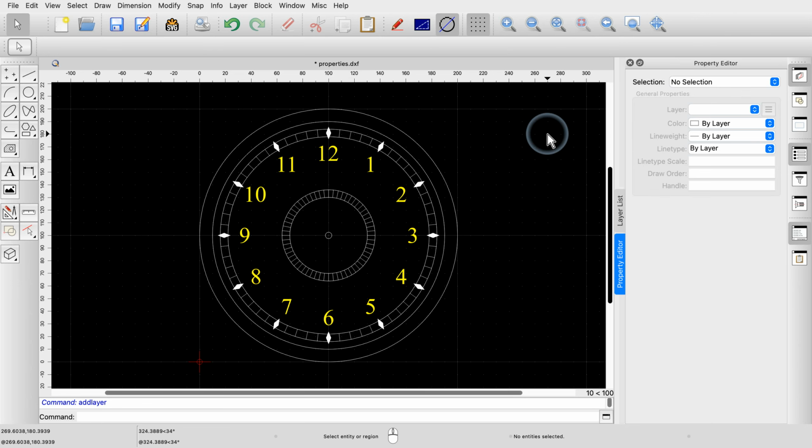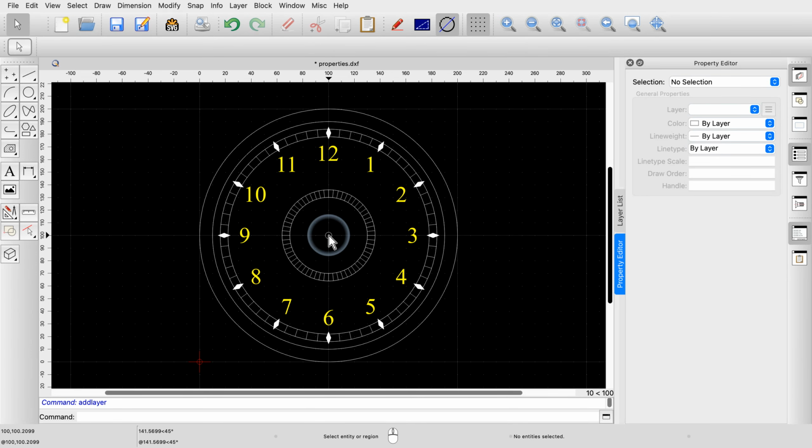The property editor can be very useful to change geometric and non-geometric properties of entities in a drawing. We can also save time when editing multiple entities at once. When reorganizing a drawing with layers, the property editor is one of many tools that can support us.